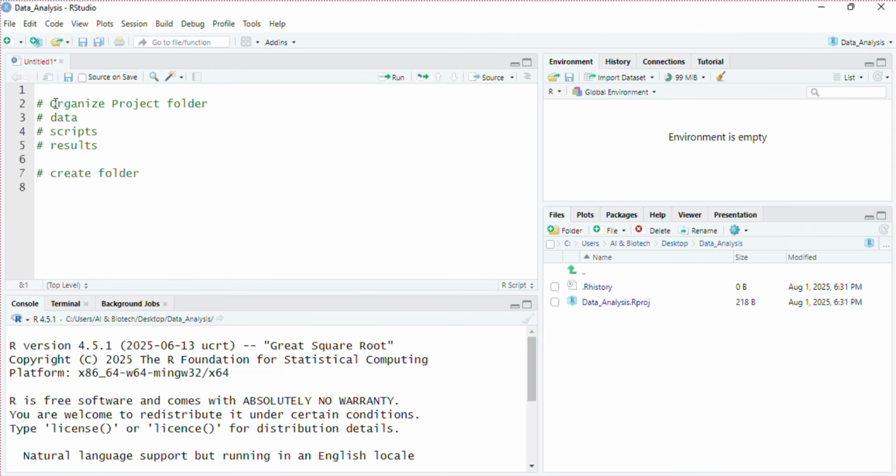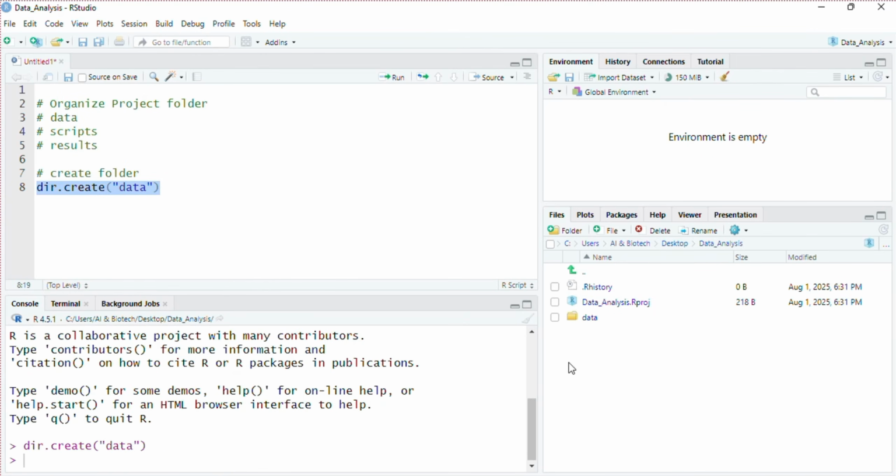So to create subfolders within your main project, we have a command directory.create. Here you just have to mention your folder name, let's say data.